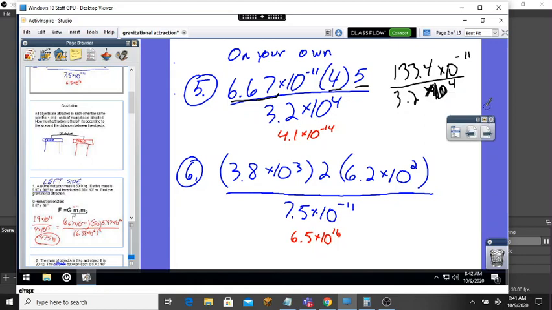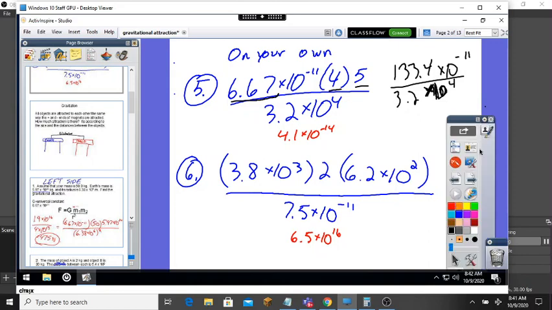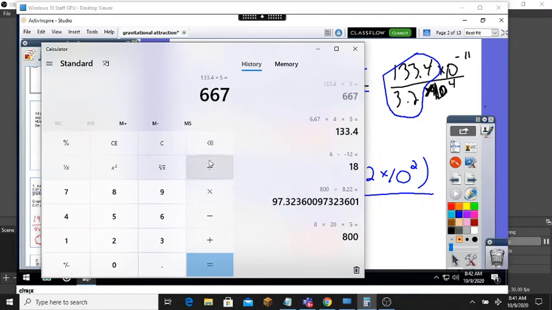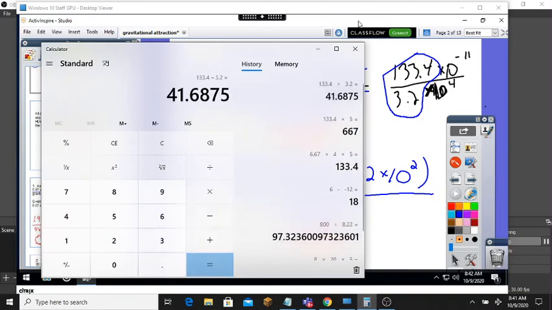So now, let us divide this right here, 133.4. It's always good to clear everything out just in case. Divided by 3.2, 41.68